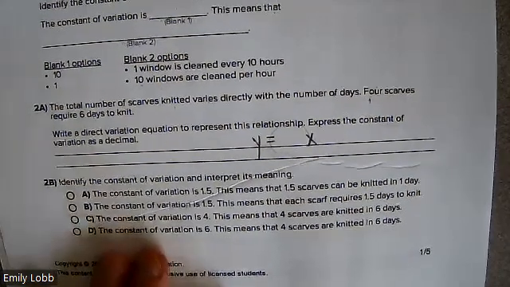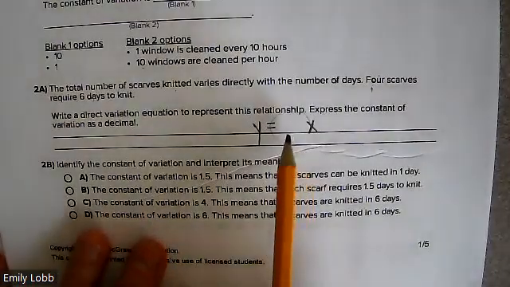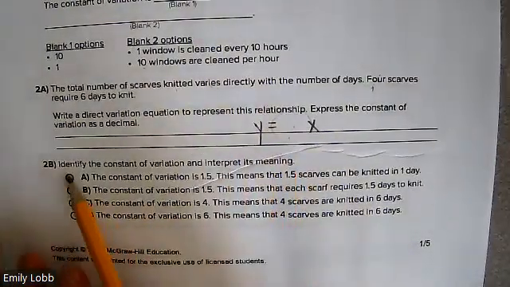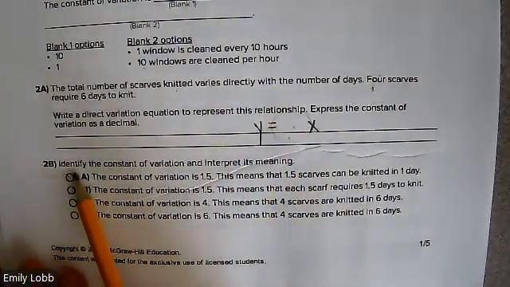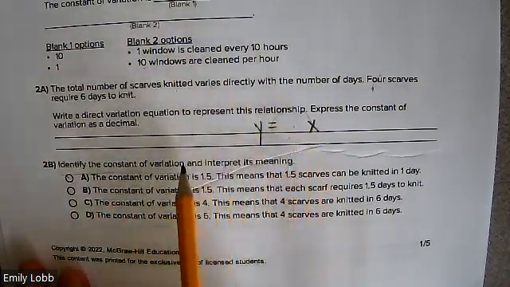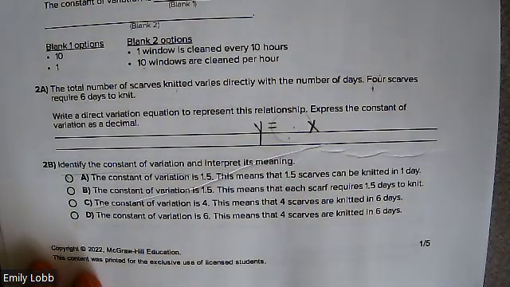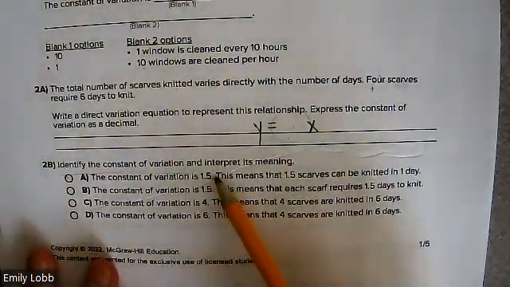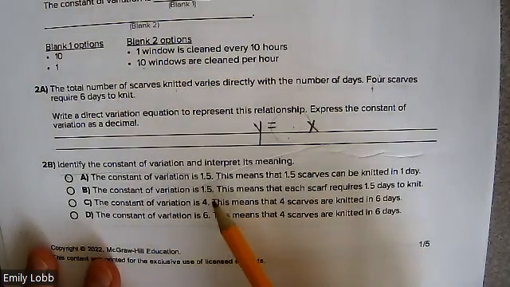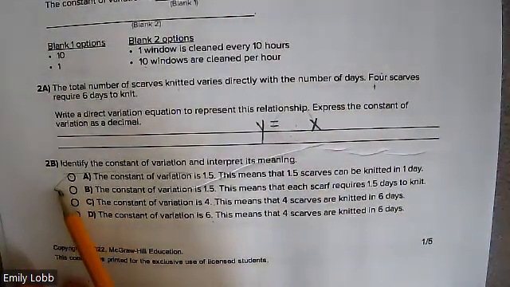All right, we're going to use that m in 2A to figure out 2B. It says identify the constant of variation. So what did you put for m and interpret its meaning? Did you put 1.5 there, 1.5 there, 4 there, or 6 there? And then once you've narrowed it down,